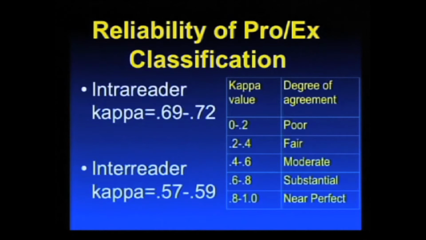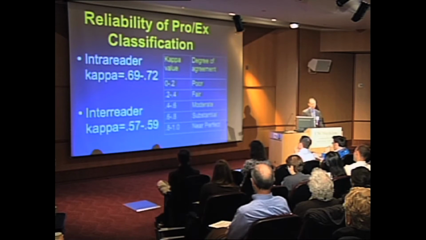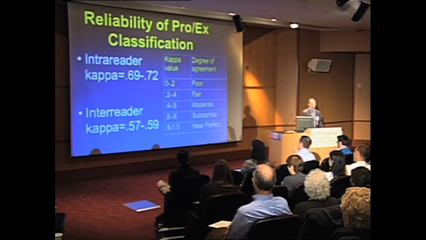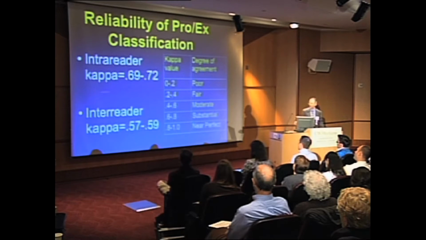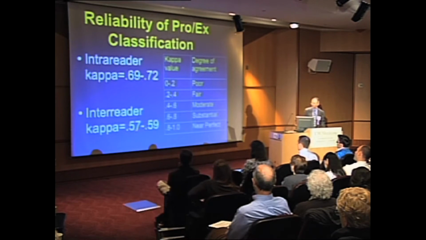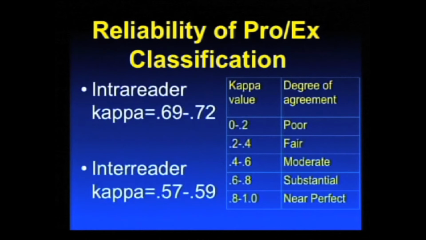So, as I said before, any classification system is worthless if the reliability is not good. There have been a number of studies looking at the reliability of this protrusion, extrusion classification. When you have a classification system, a standard way of measuring reliability is something called the kappa, which is a way of taking into account agreement by chance. One aims for kappas in the 0.6 or above range, and the inter-reader reliability is close to that. It's reasonably good, certainly not perfect, but reasonably good.